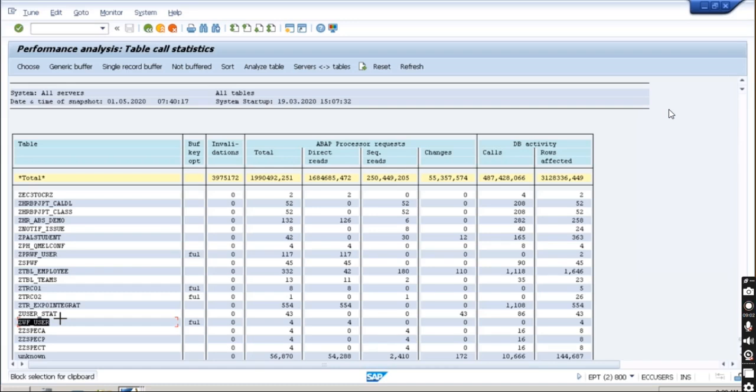I think for testing they have also created. Go to Technical Settings. So there you can see they have the fully buffered setting. It's there, right? So our table also should appear over here, but